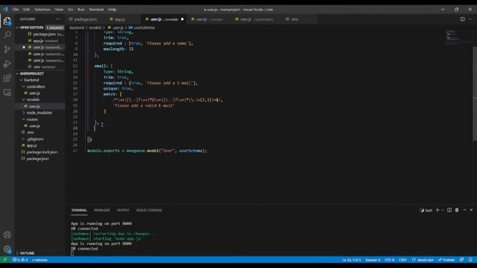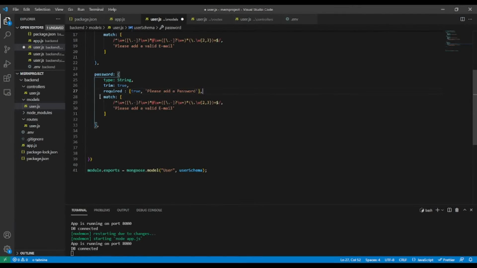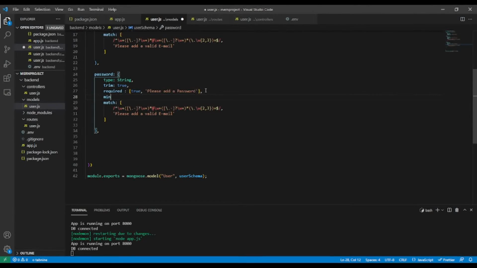Okay, I'm gonna add password. So this will be password. Okay, and please add a password. And password here, we don't need this. And min length for password. Password should have a minimum length